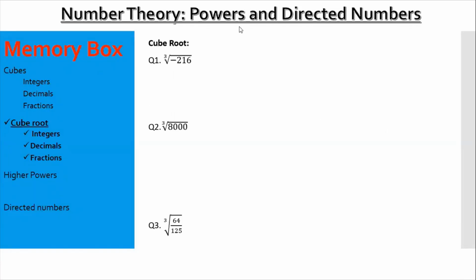In the first question, I have to calculate the cube root of minus 216. In order to do that, I'll simply ignore the negative sign and calculate the prime factors of 216. The prime factors of 216 can simply be written as 2 into 2 into 2 into 3 into 3 into 3. Now in order to calculate the cube root, 3 2's will be clubbed as 1 and 3 3's will be clubbed as 1 in my answer. The final answer is simply given as 6,